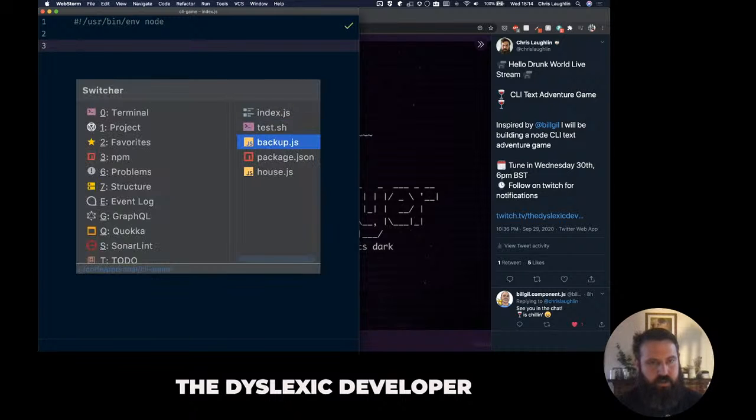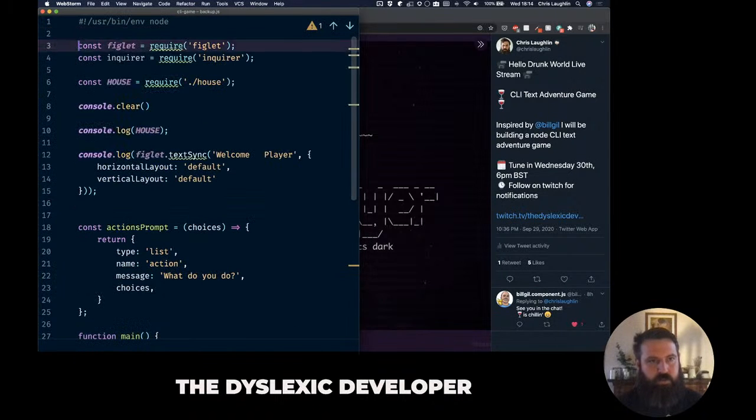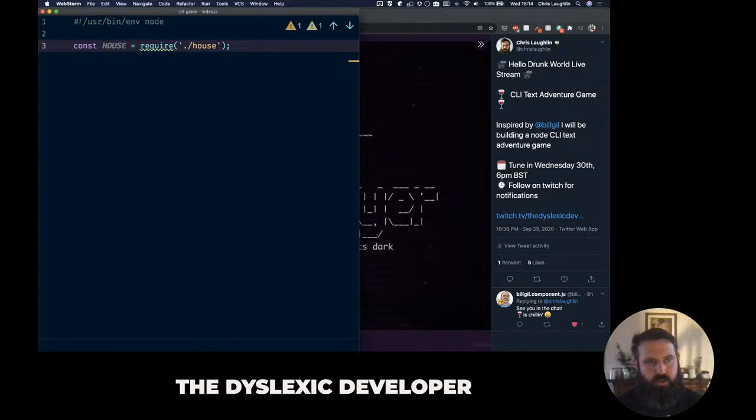And I have another file called backup. So we're going to need a few different things. So first we're going to pull in this house file. So if we go and look at house,